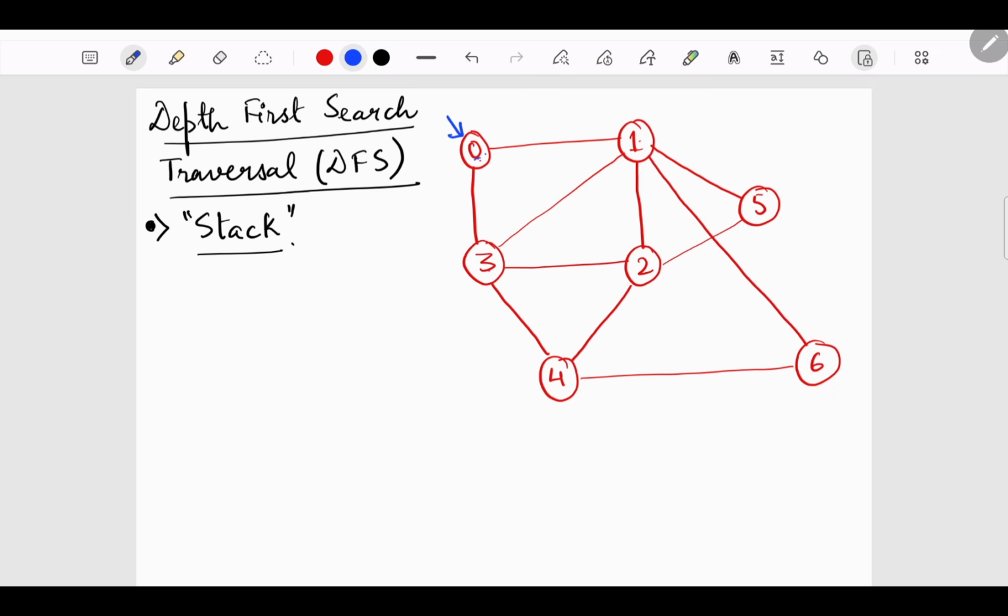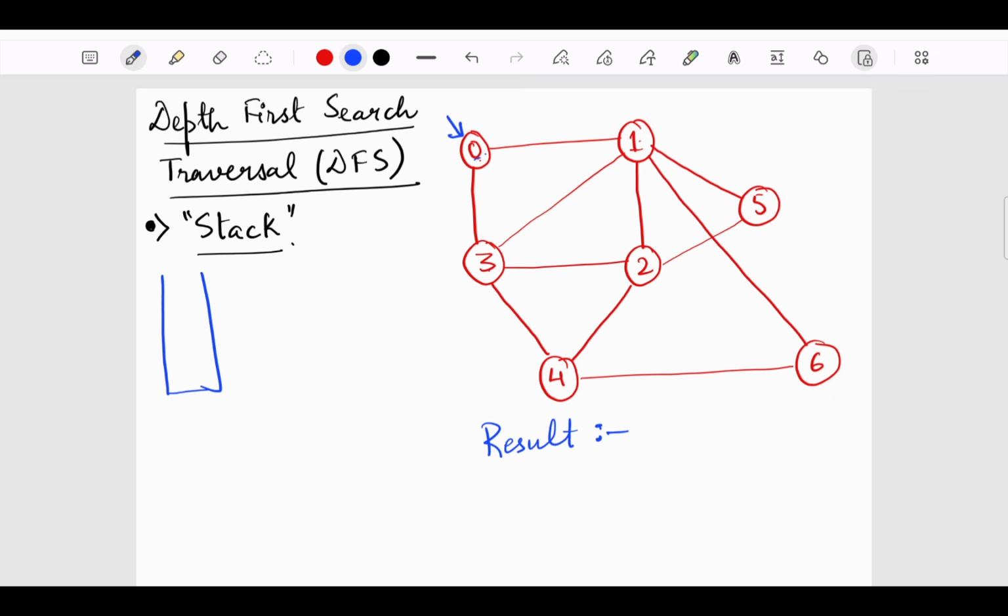So now say I have a stack like this. And I am going to put whatever I want to print into the result part simultaneously, just as we were doing in the BFS traversal. Now if it is not given which is the starting node or the root node, then you can take up any node. But since I have put an arrow over the node 0, one should understand that in this example we are taking 0 as the starting node or root node.